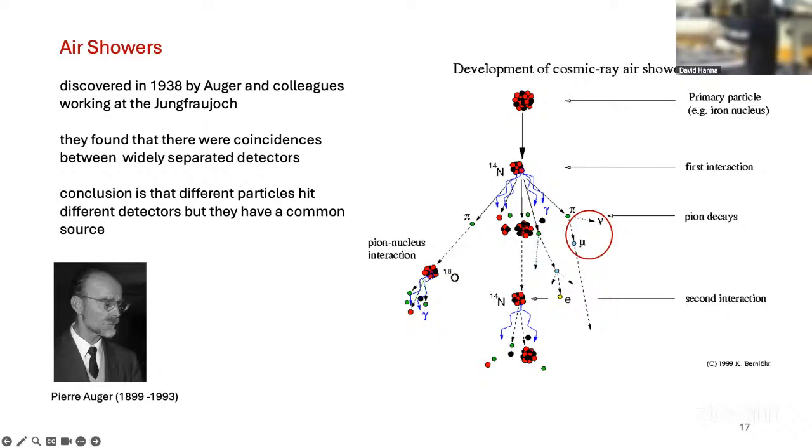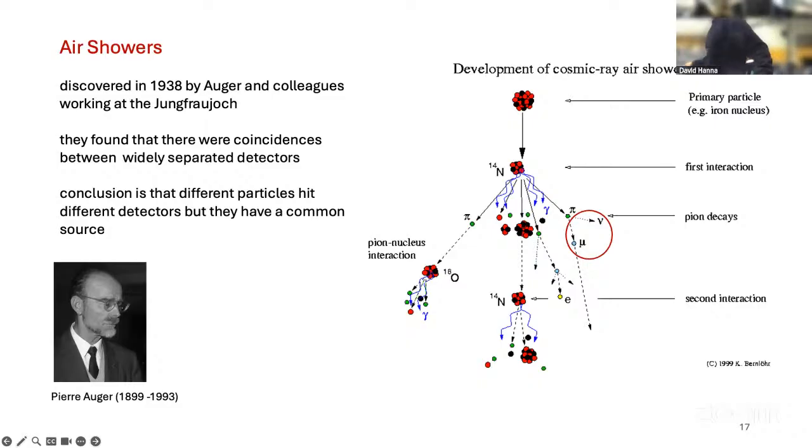Okay, so this proves that one particle goes through, but the cool thing that Pierre Auger did up on the Jungfraujoch was he took them apart anyway. He said, let's just be patient. Instead of getting 1 or 2 per second, he was getting 1 or 2 per minute, but they were still firing. They moved a little further apart, and then it was getting 1 or 2 per hour. The whole idea was, yeah, you are getting coincidences, but not from the same particle, but from the same event up in the sky,